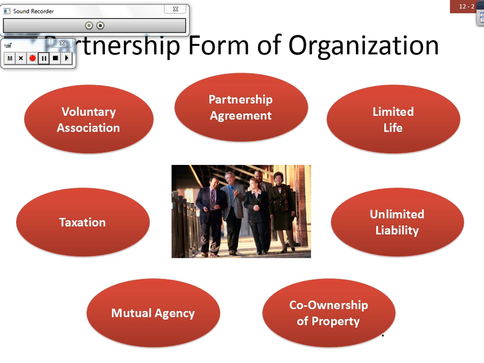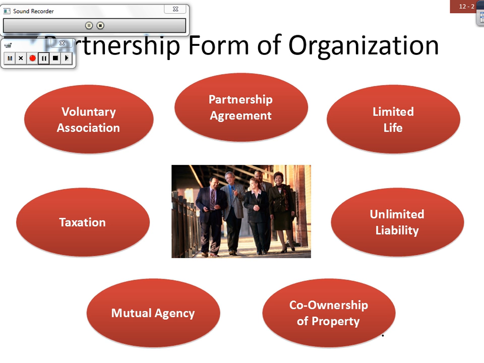How about taxation? The partnership by itself is not taxed. However, because they are partners and because they receive income in some form from the business proceeds or profit, that means that they're going to be taxed personally on whatever they receive from the business. So I want you to be clear. As far as corporate tax is concerned, partnerships are not eligible under that. It's not taxable. However, the income that is shared and distributed to the partners, that is taxable on their personal